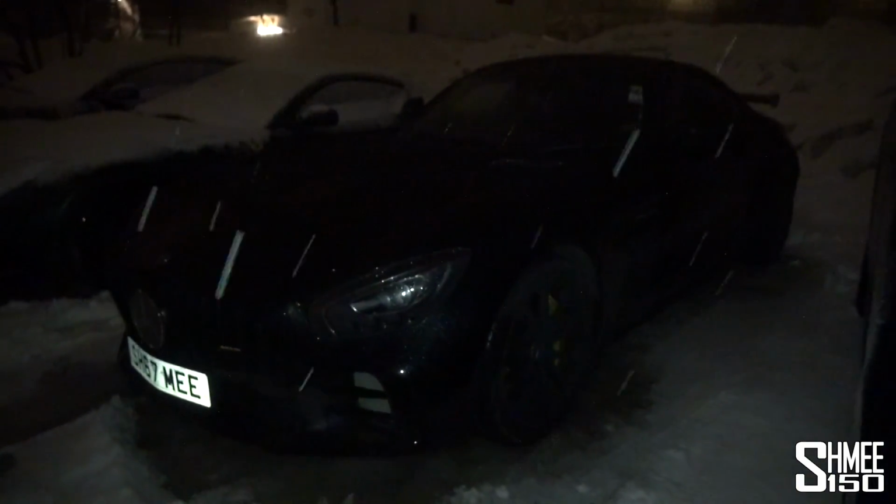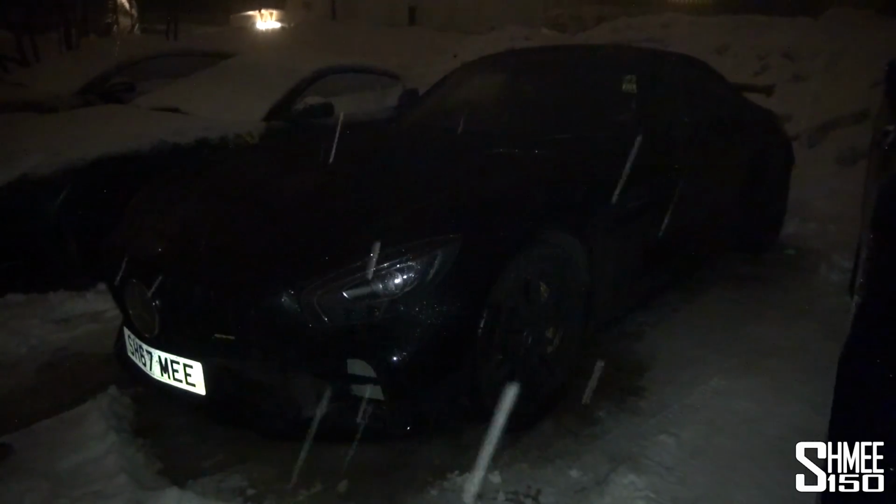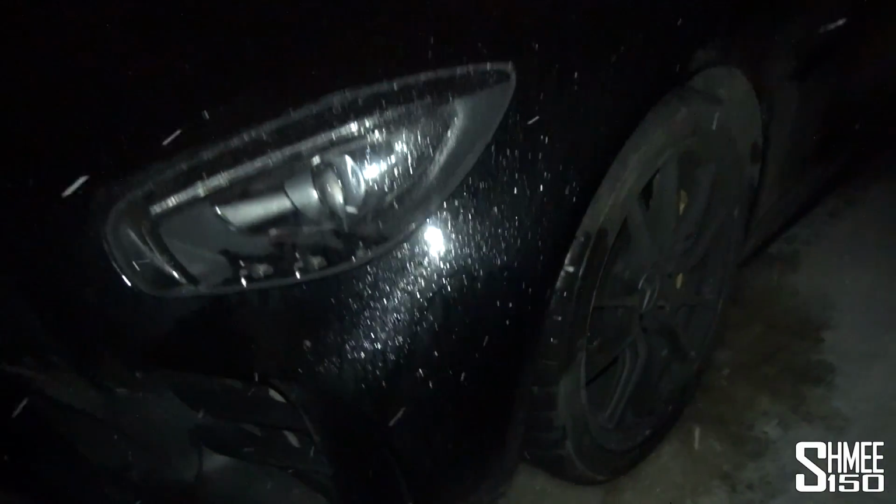Now it's pitch dark, so we're parked back up at base, and I'm using the light on the top of my video camera, which is very, very bright in my face. I don't frequently use it, but it is going to let me show you quickly the car, because obviously I was very anxious just to check that there was no damage or anything to the car. Obviously snow is soft, but you never know what's hidden inside the snow,